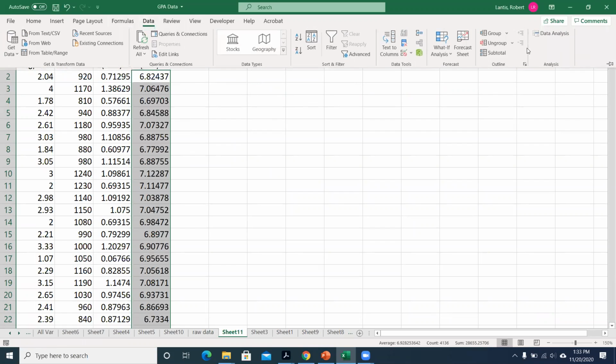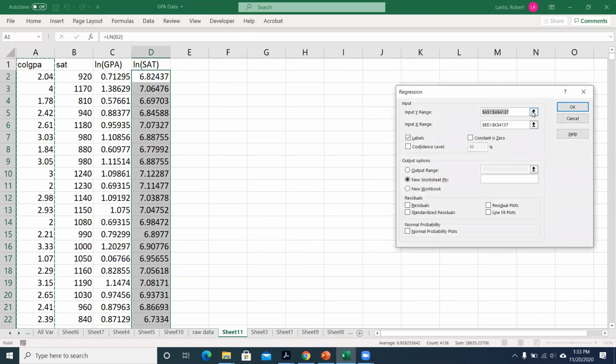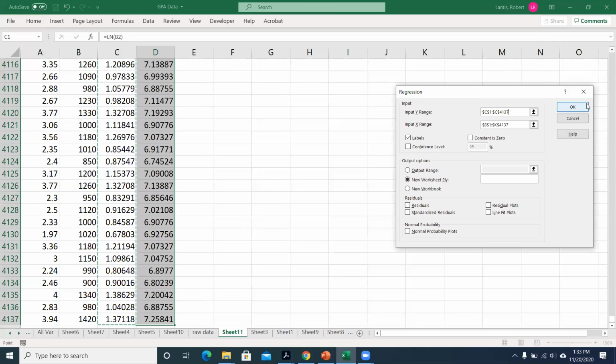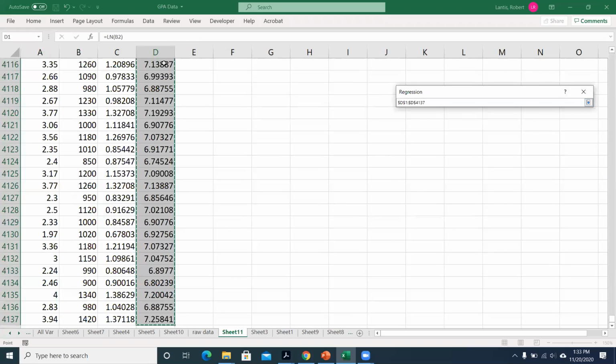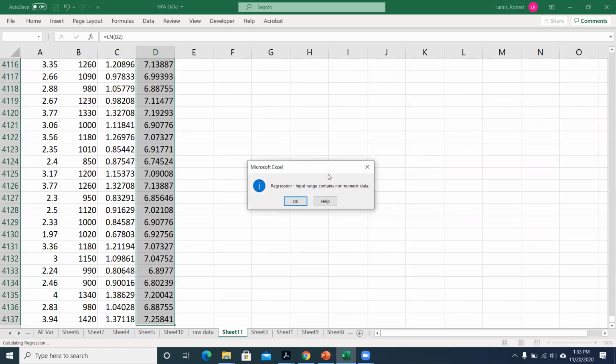Now, when I go to my regression analysis, I've got the new variables I want. It's as simple as, well, now I'm going to use the log of GPA as my y variable, and I'm going to use the log of SAT score as my x variable, right? So once I've created these new columns or variables in my data set, those are now your new x and y variables you want to select for your regression. Okay? So then I would